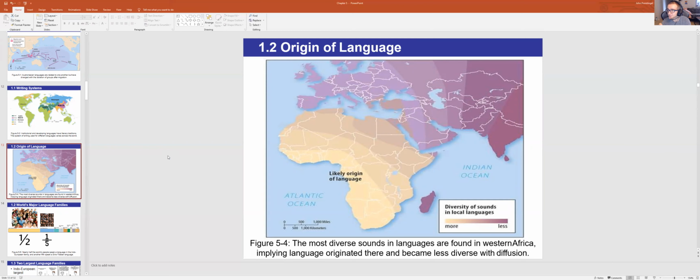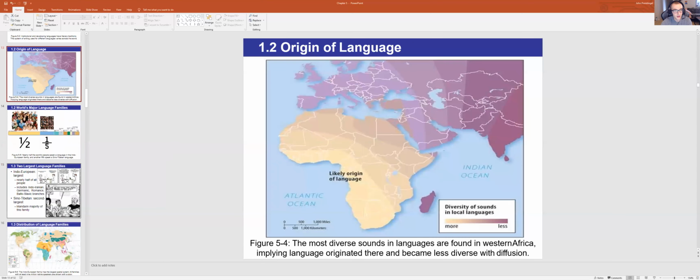Why? Well, let's try to think about this as a metaphor, right? Language origins can be thought of like cities. And so a city is made up of more people speaking more languages from more backgrounds, right? Different types of culture, different types of ethnicities. And as you move away from cities, right, into suburban areas, rural areas, it tends to become more homogeneous. There's not as much diversity, right? And the same thing applies to languages as you move away from the hearth.